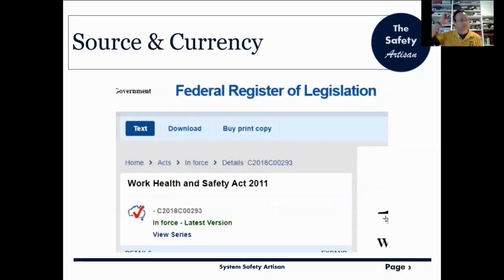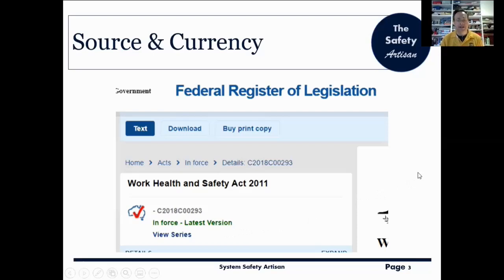So moving on. Now, I'm actually looking up some information on the Work Health and Safety Act from the Federal Register of Legislation, and in blue letters. And if we go down to the bottom left-hand side of the screen, we will see a little map of Australia with a big red tick on it. And in green, it says in force latest version.